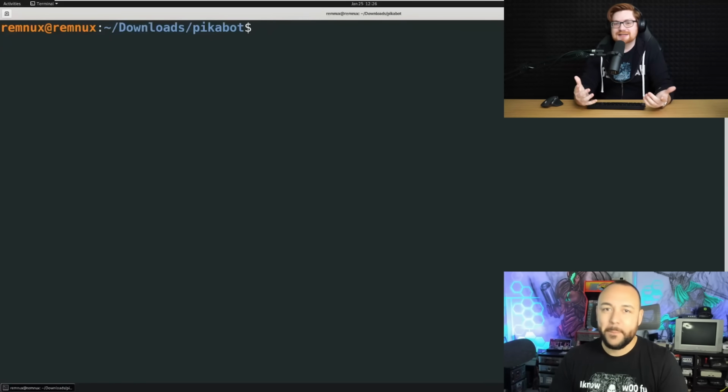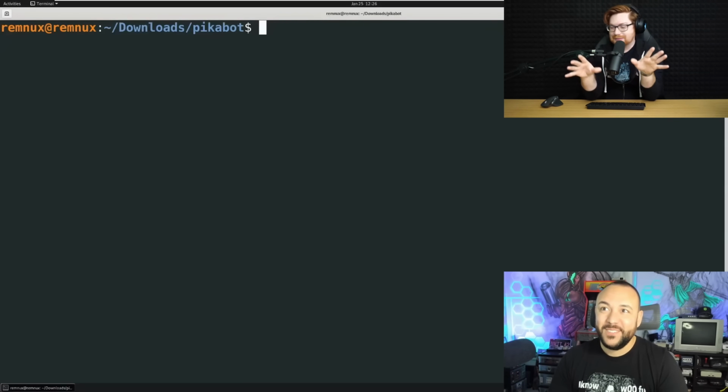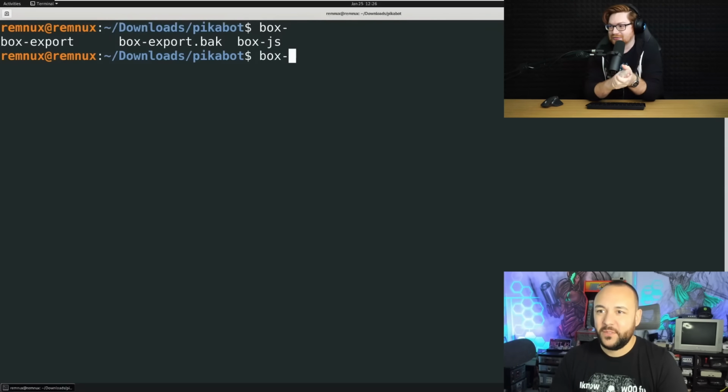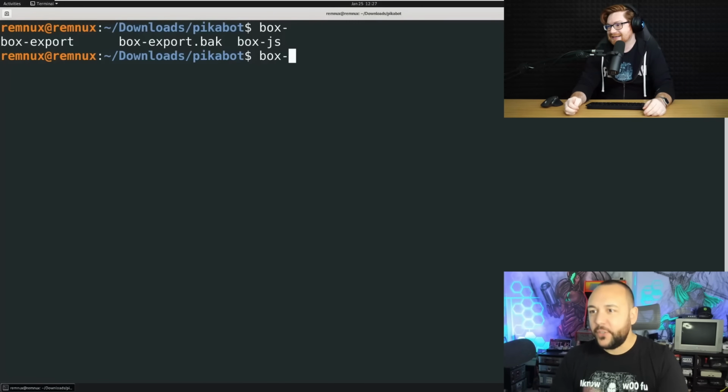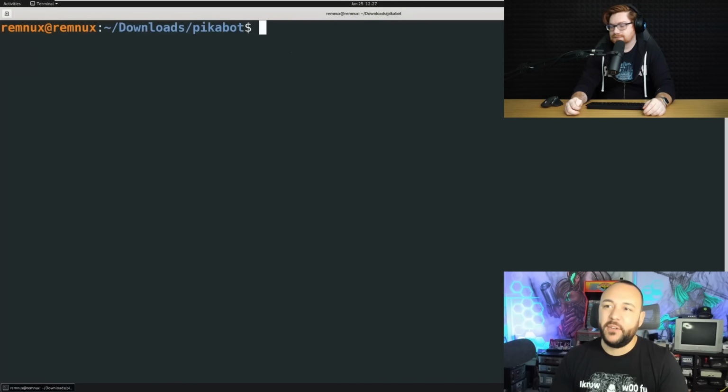We used DE4JS the other day, which is one of the online browser ones. Can I also ask, is there a box PowerShell or box other language derivatives? There is. People get mad at me because I just want to play with it and cut through it. I guess they don't include it in Remnux, but yes, there is a box PowerShell. Are there others? Am I just naive? Not that I know of. That's a darn good question. That's a follow up for sure. Box VBS. Yeah, right?